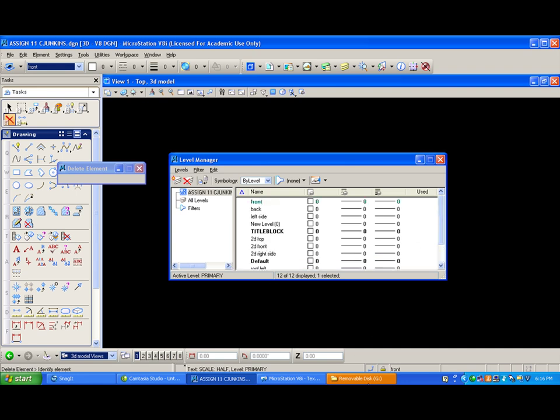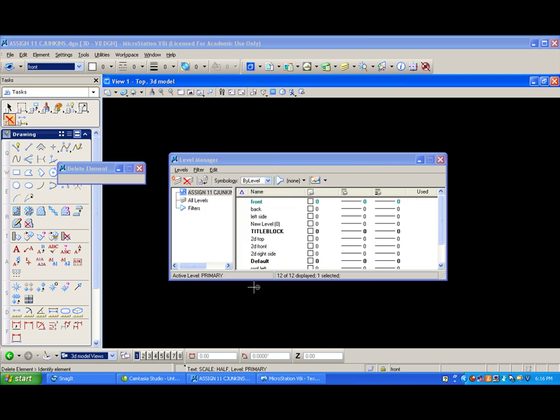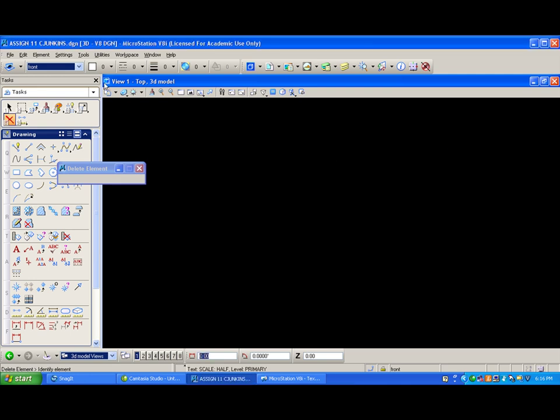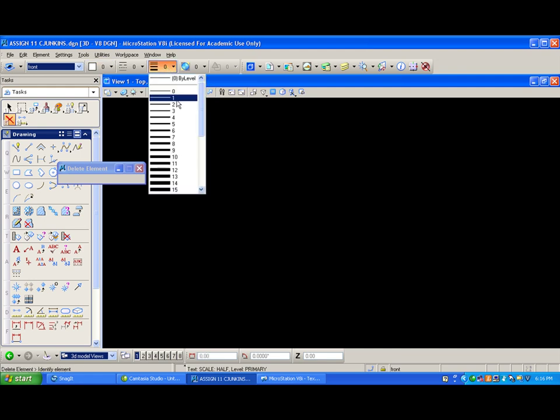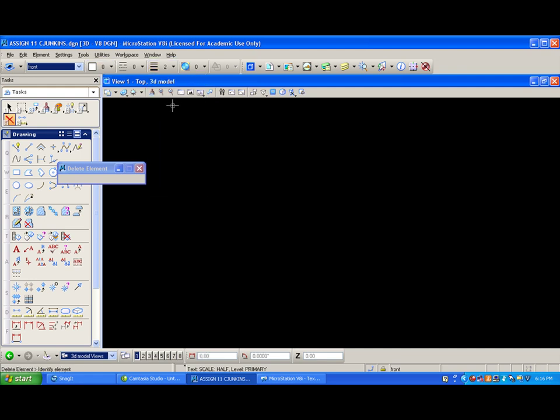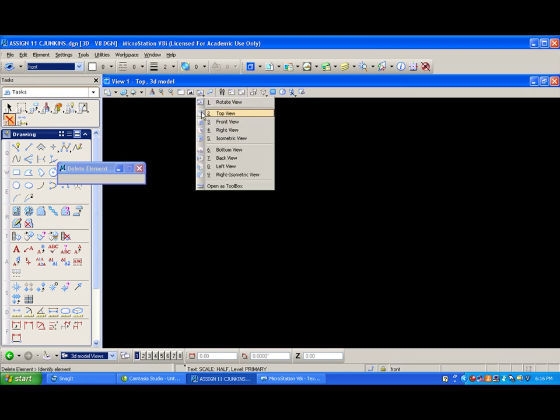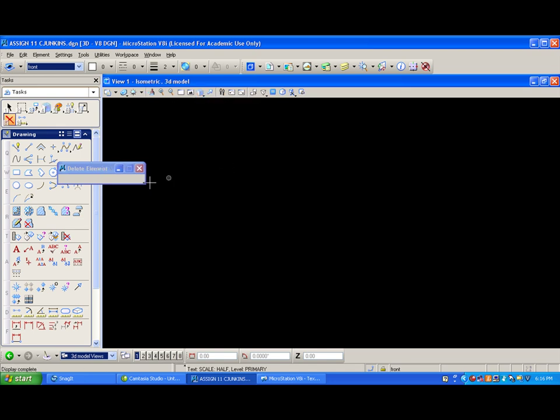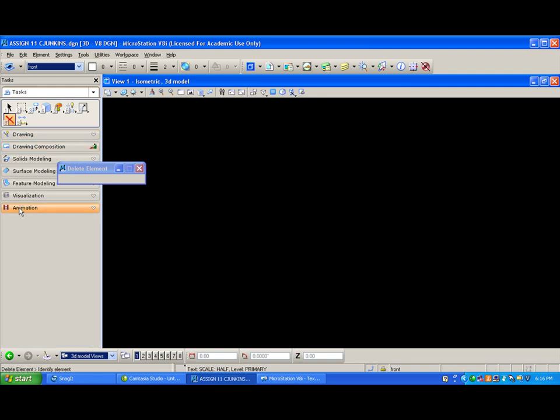So we'll start with our front. Double click on that, make it our active level. I'll draw this in white, level 2. I'm going to make these dimensions up as we go along. We're going to keep it fairly straight and regular, not too fancy. We'll go to an isometric view from a top view,